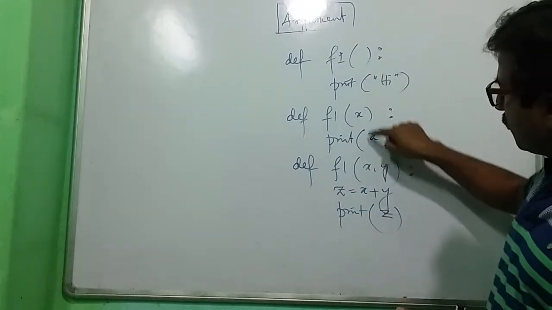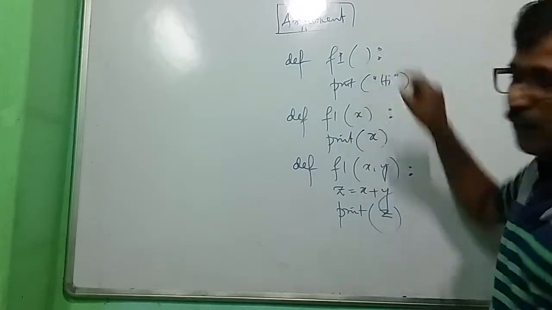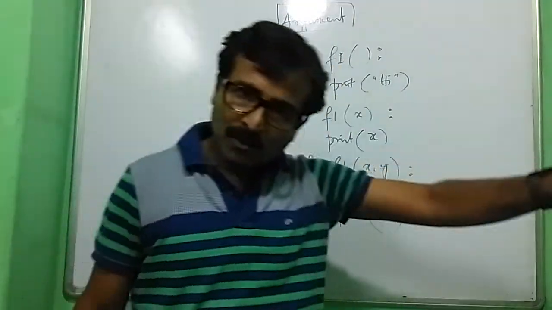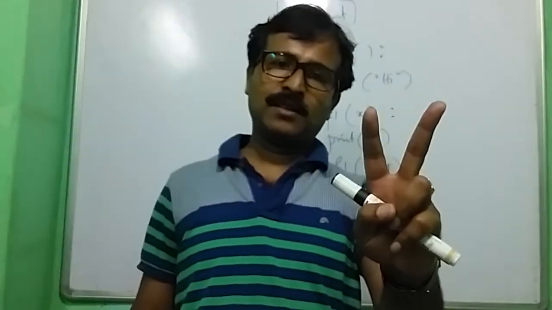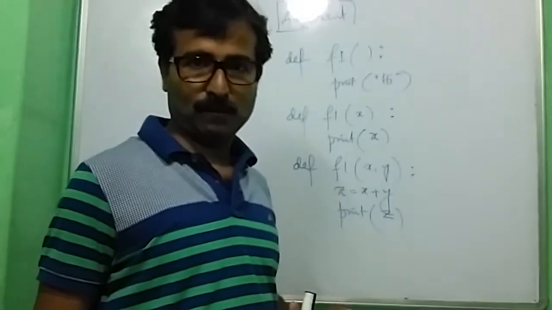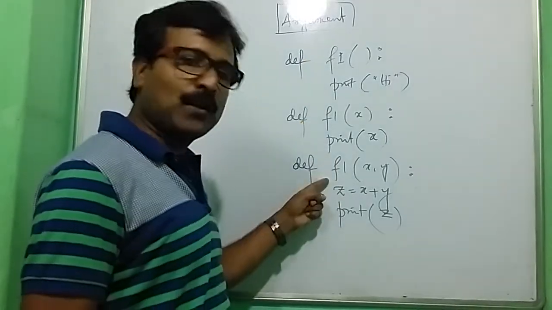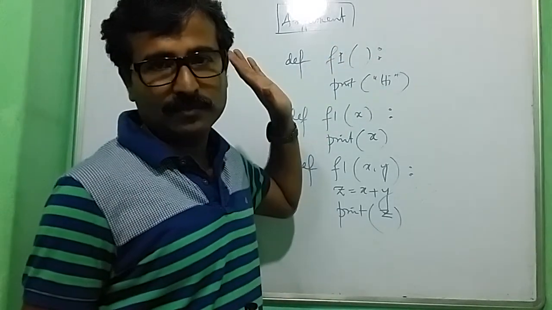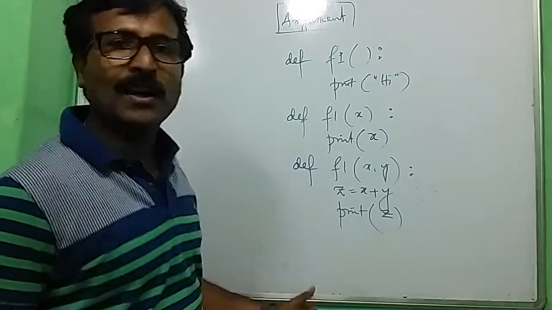So over here three functions I have defined with the same name but having different types of arguments. Where in one there is no argument, in the second there is one argument, in the third there are two arguments, which made these functions different from each other. So it is not at all duplicated. Now f1, f1, f1, they are not duplicates because overall they are different to each other. Right? Okay. Now while calling these functions, what is going to happen?